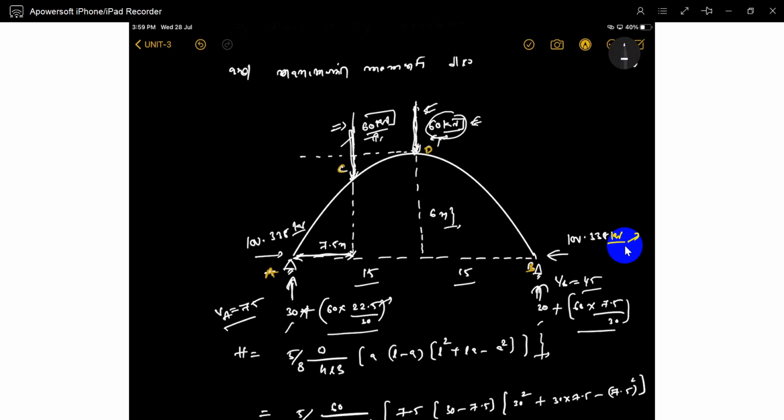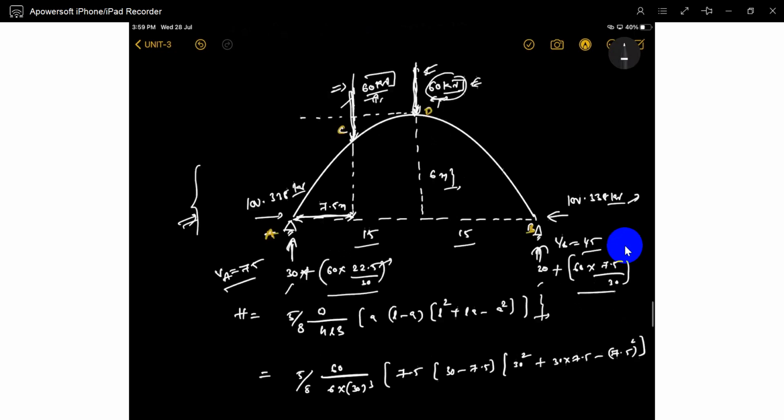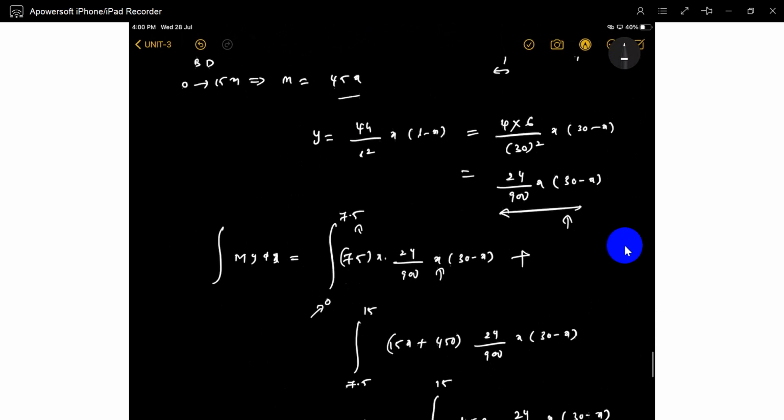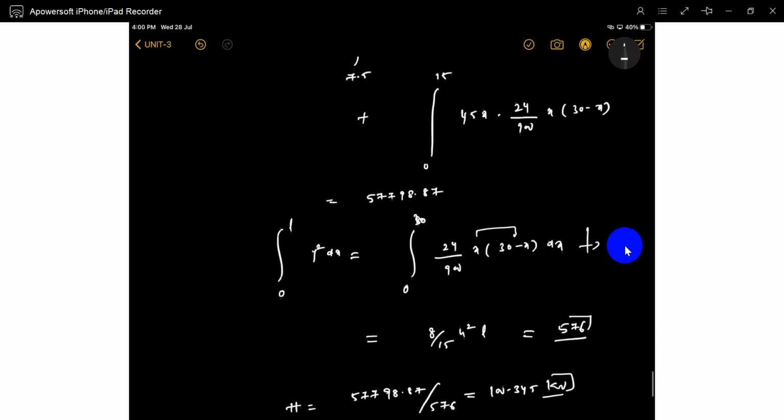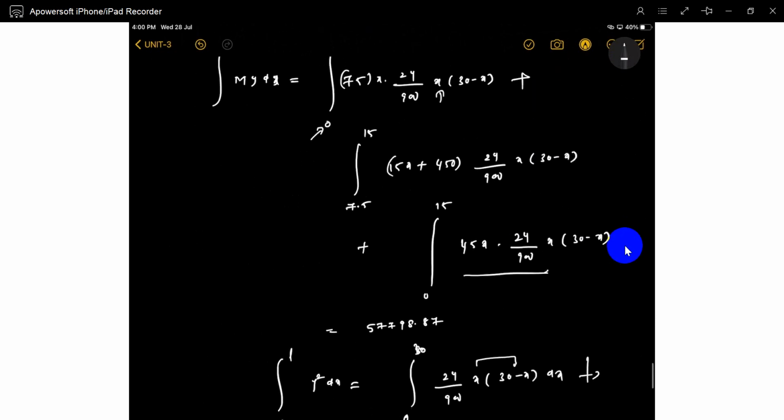So in theoretical questions, whenever I am asking in mid 1 or mid 2, you have to solve like this. No need to remember the formulas. With the use of formulas, you will do it in a bitwise exam. But in a theoretical exam, you have to solve it like this, and you will get the h value. Very easy, just integration and x square and x cube terms. That's it.